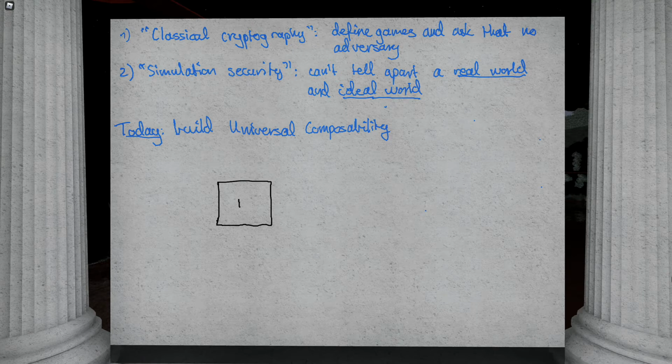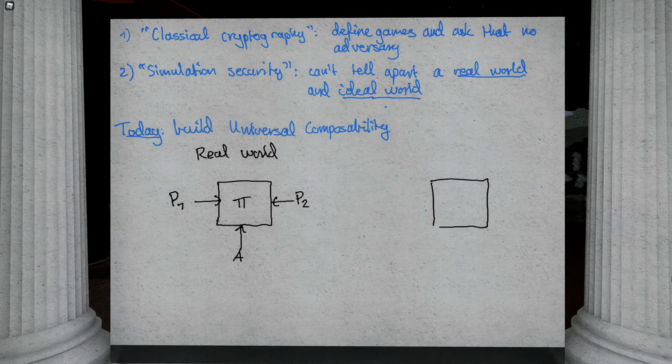Okay, so the idea behind this simulation security notion, to recap, is that we have, I'm going to draw this as some box. It's a protocol that several parties can interact with. I've got party 1 here, party 2 here, and there's also an adversary, which I'll write as A, that is going to interact with this protocol. This is the real world here. And on the other hand, we have the ideal world. And this represents a perfectly secure scenario that definitely does what we wanted to do.